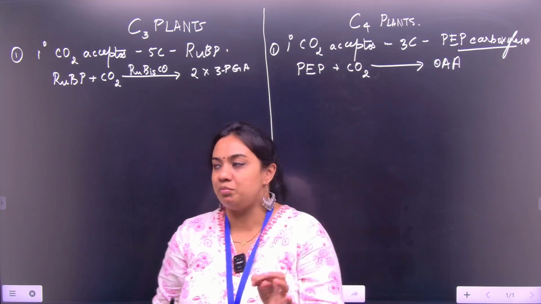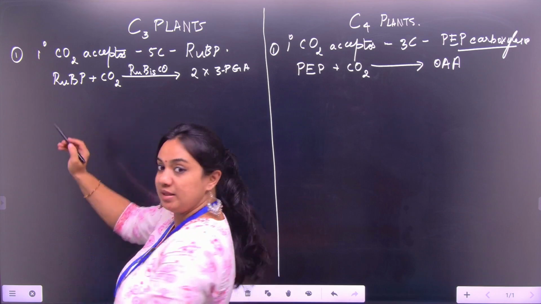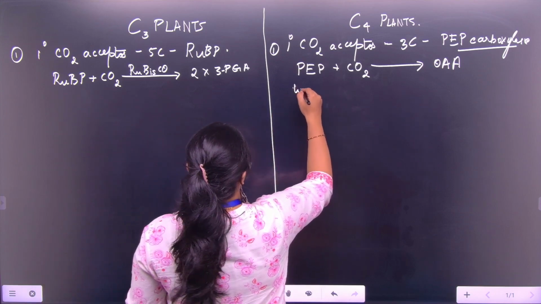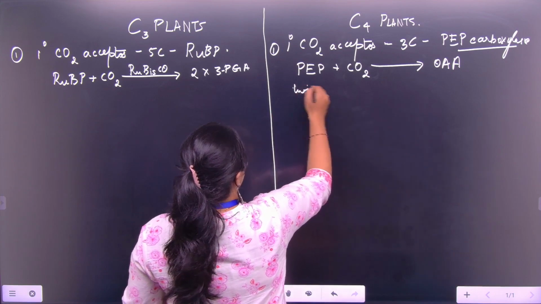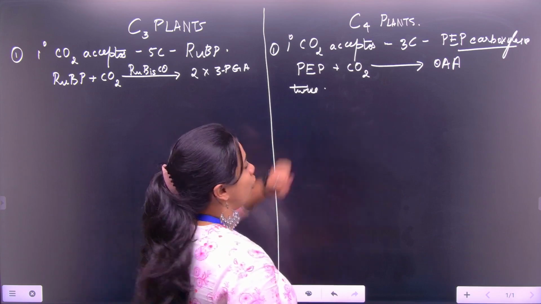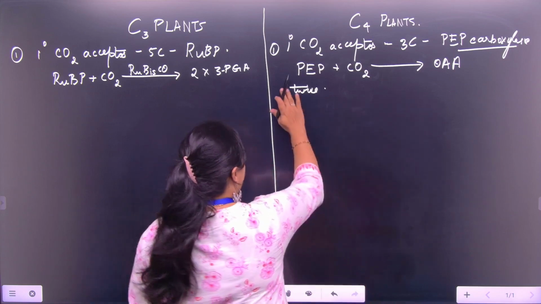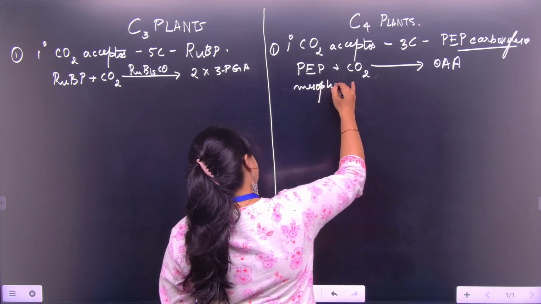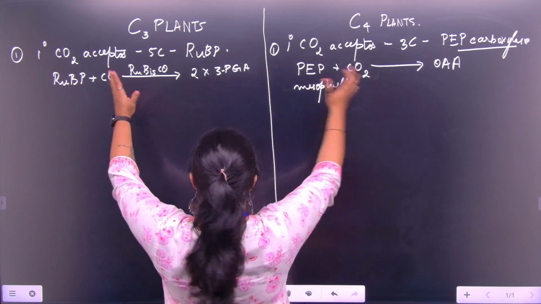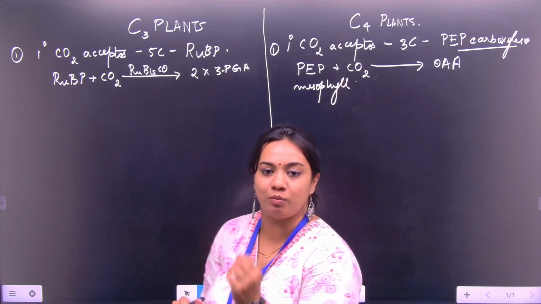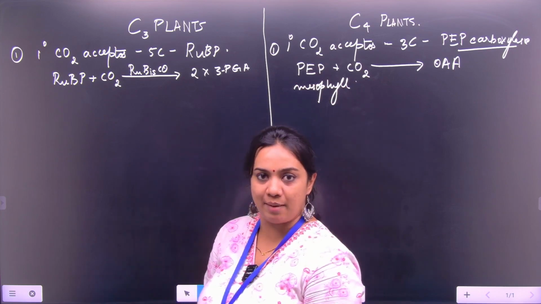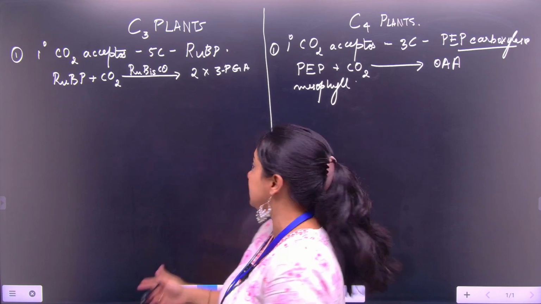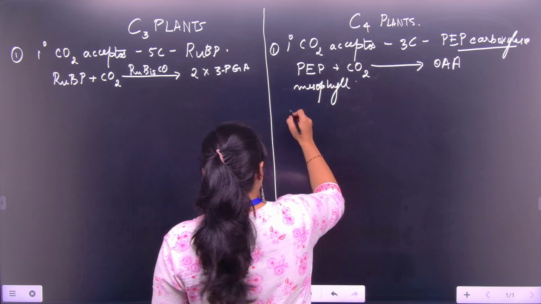Now in carboxylation itself, carboxylation happens only once in case of C3 plants, whereas carboxylation happens twice in C4 plants. Okay, so where does it happen twice? Once in the mesophyll cell. So this is in the mesophyll cell. So in both cases, C3 and C4 plants, the carboxylation happens in the mesophyll cells. But an additional carboxylation step happens in C4 plants in the